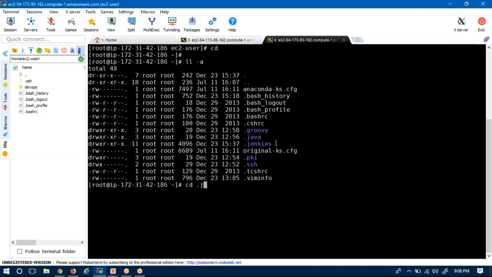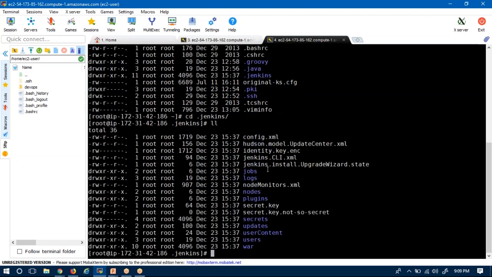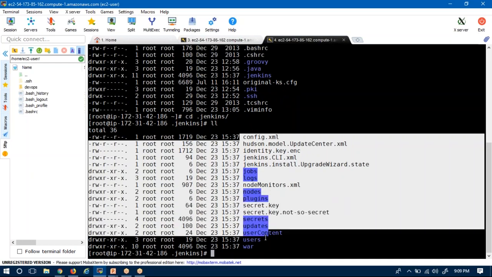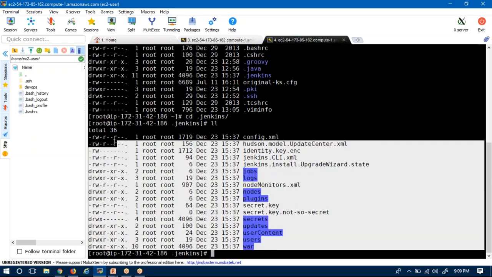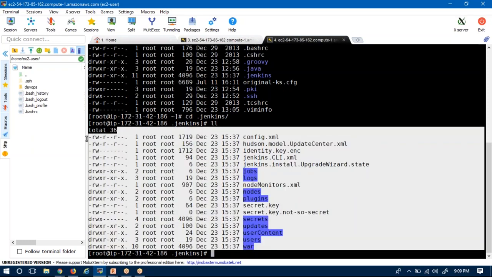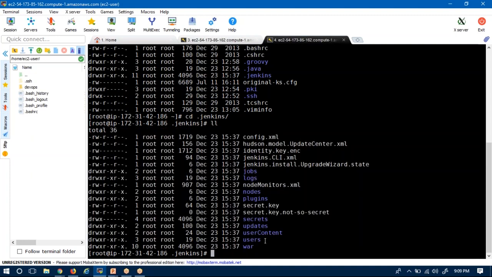Now if you move to the .jenkins directory and see here, these are all the folders, files and required directories of your Jenkins, or simply some configuration details. Suppose you want to connect our Jenkins with Git, you need the Git plugin.